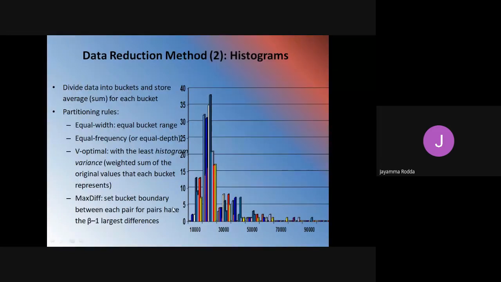So look at this curve. Here the data distribution is not normal. You can see the data is spread throughout, so we will say this is skewed data.